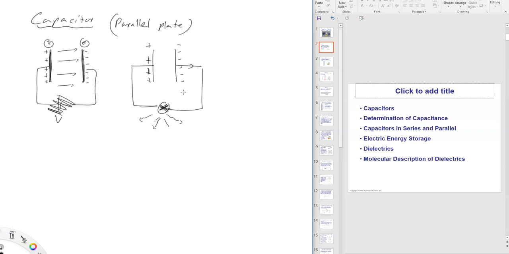One very common application in medical fields, you might have seen this, I don't know how to pronounce it, is the defibrillator. You know what I'm talking about, right? When a person is having a heart attack or something, the paramedics come and put those two charged plates across their body and give them an electrical surge to restart the heart. That is a big, strong capacitor, a charged capacitor.